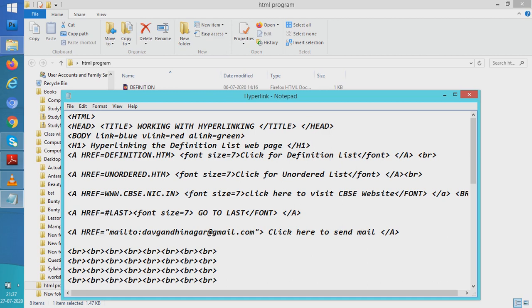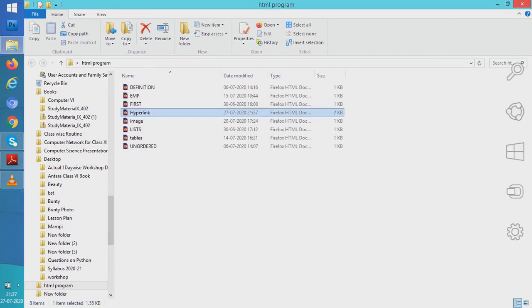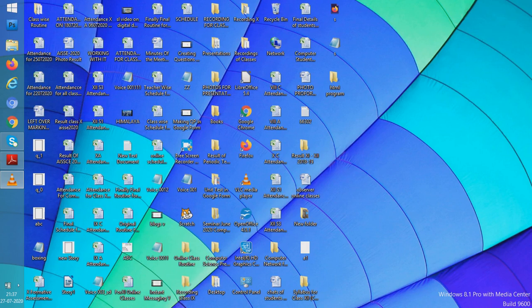So if our internet were on, then this would have been done, but here we'll see that yes, it is working, as the link will be shown to you. So we save this and open hyperlinking. That is that HTML program, hyperlink.